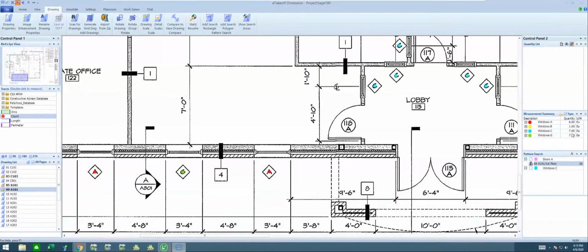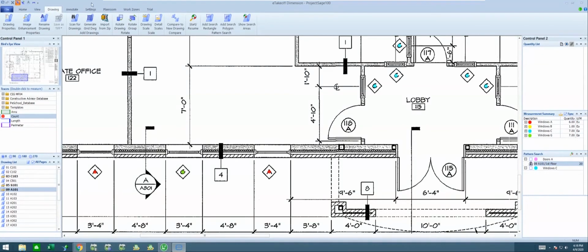And then, there's my takeoff of all these quantities. So then the next thing I want to take a look at is I want to get these quantities back into my 100, and I want to do them faster than what we did before. So before we went through and we did some takeoff and we right clicked and told it to get a quantity out of takeoff, and then in takeoff we right clicked and told it to send the value back to my estimate and so forth.